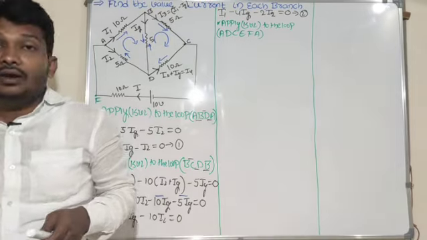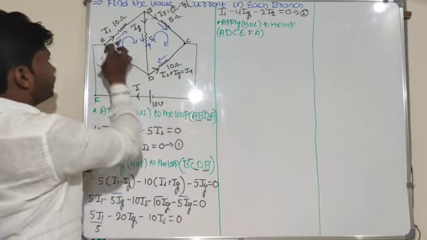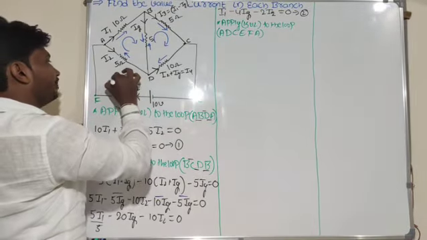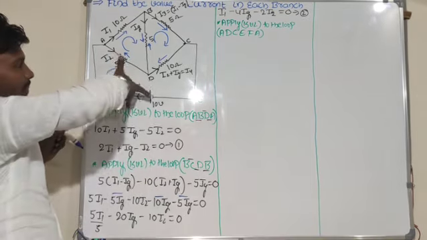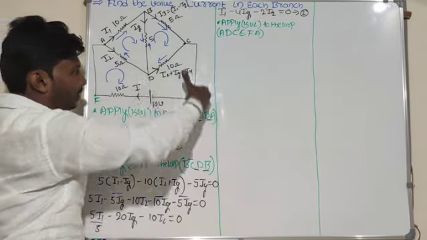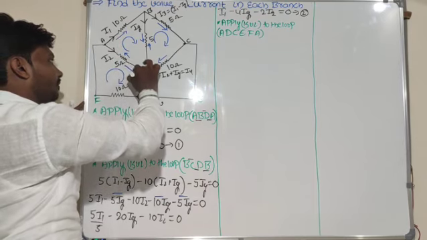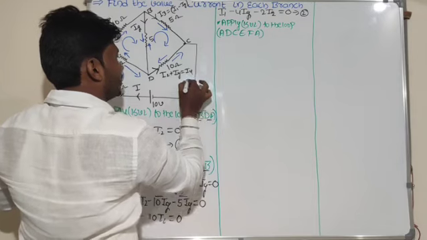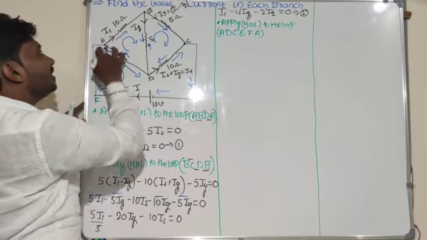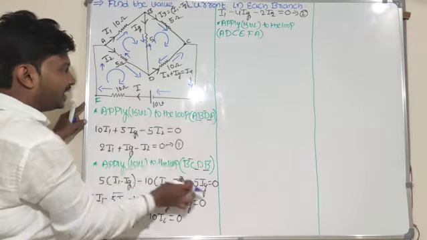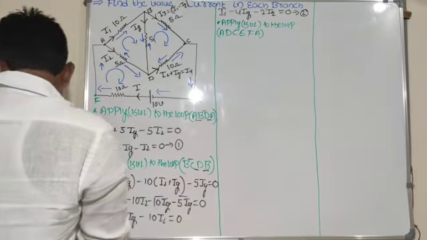It's quite interesting. What's the first thing I am supposed to do here? I have to draw the imaginary line for this loop. So this is the loop. For this loop I will draw an imaginary line here, in the clockwise direction. This is the imaginary current. Here you need to understand that in the previous loop you didn't get the cell, but in this loop the battery connection is there. So I need to find out how to solve this circuit.